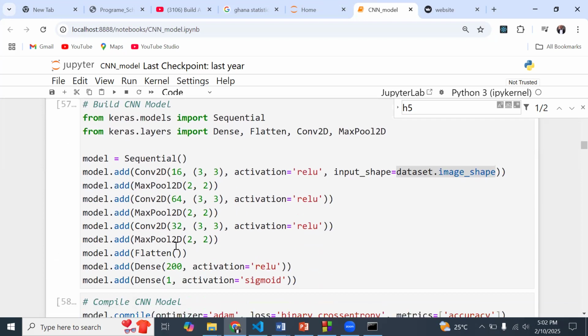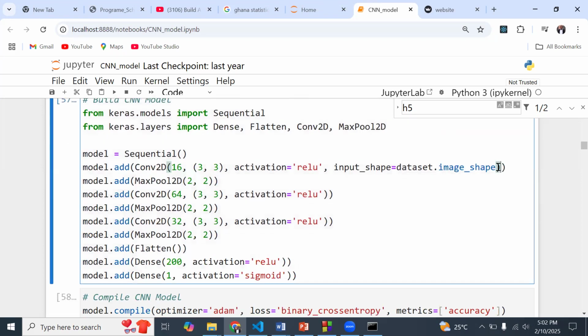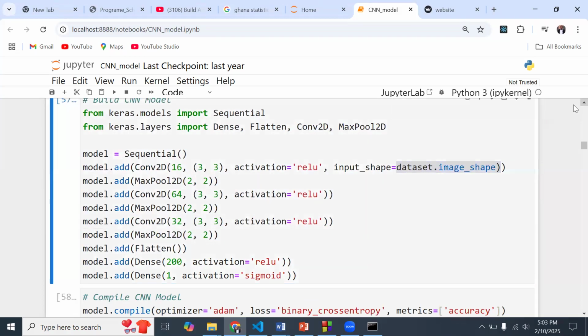So it is important that if the model was built using an image shape of 200 by 200, any image we use for prediction in the future should also conform to that image size. However, the user is not going to have that technical background to know that they are expected to put in an image of a particular shape. We cannot really compel the user to bring in an image of that particular size.